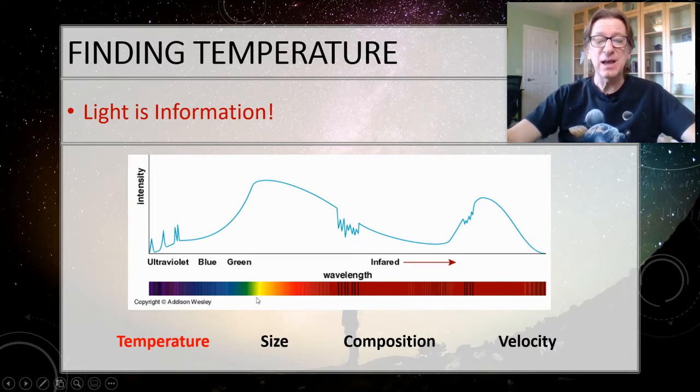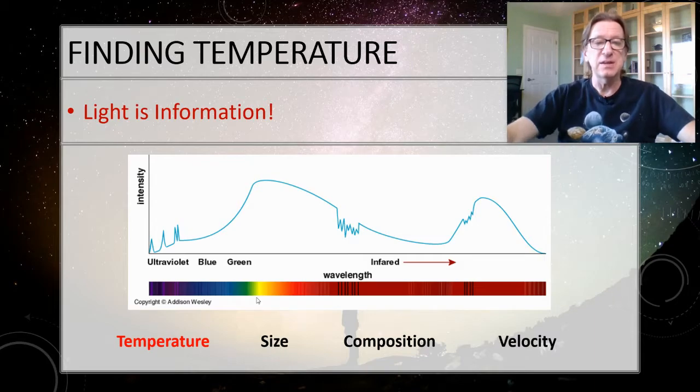Your eyes have actually evolved under a yellow sun. The sun puts out most of its light in yellow, so your eye is most sensitive to that kind of yellow-green right about here, actually. So you're always going to see that as being the brightest color no matter what. So what we generally do, instead of trying to just estimate based on the color spectrum here, is we do kind of like a bar graph. So this is wavelength, which remember is also color. And then this is the intensity or the brightness in that particular color. And again, you think about it as a bar graph.